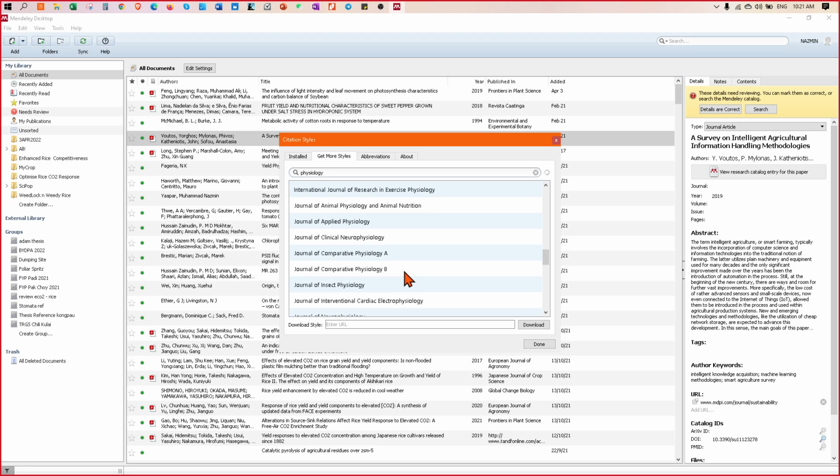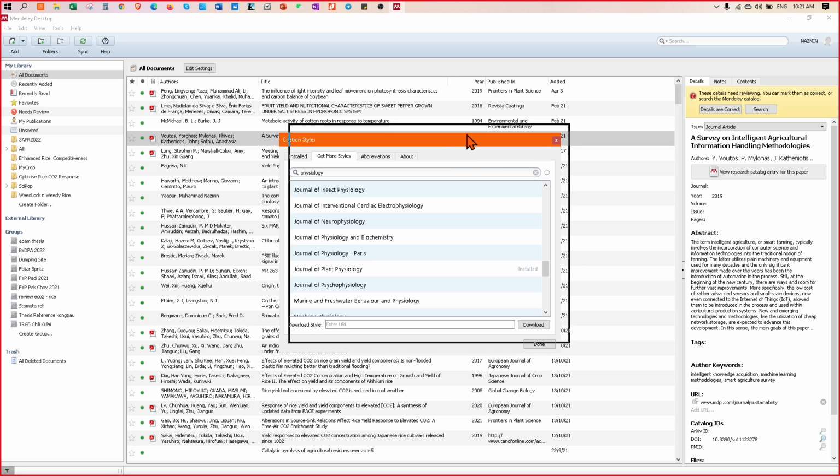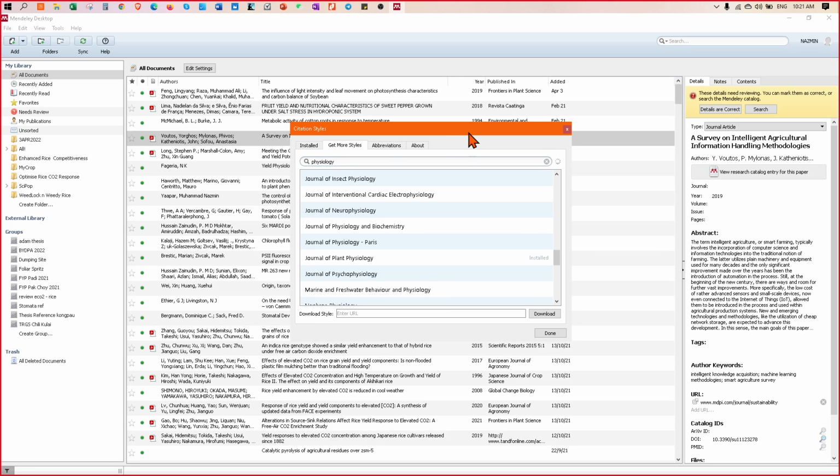Oh, install. Yes, you need to install it. Sometimes you need to download it. As for which style you need to use, I think you better check with your supervisor, because sometimes your field has its own style, or your thesis has its own style.